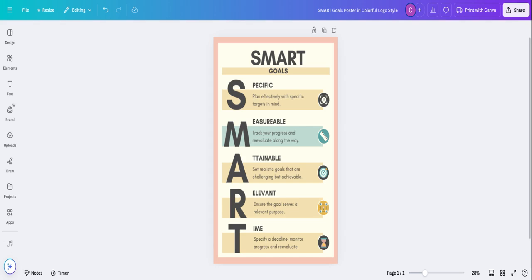And time. This one can get a lot of people in trouble. Specifically, setting a deadline to monitor your progress and reevaluate. That deadline doesn't mean that's where you stop, you're done, we're not doing this anymore, we pack it up and go away. That means, can it be achieved in a specific amount of time, right? Those are important pieces to keep in mind because a lot of people, when they get to time, think, okay, if I'm not super successful by this point, I'm done, I'm packing it up, I'm walking away. That's not what it means. It means that we need to look at what we've done and reevaluate and move on.